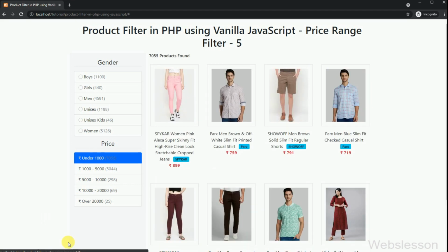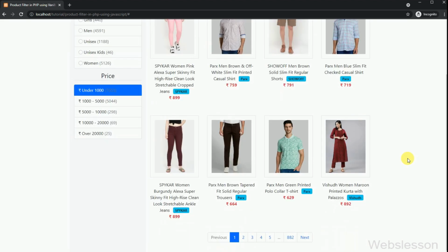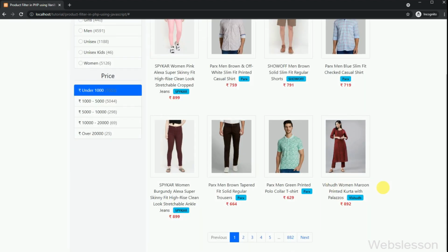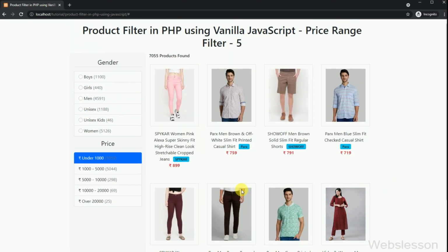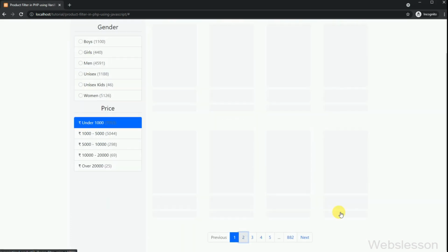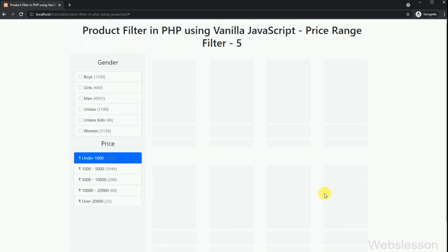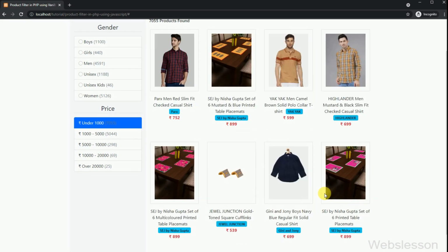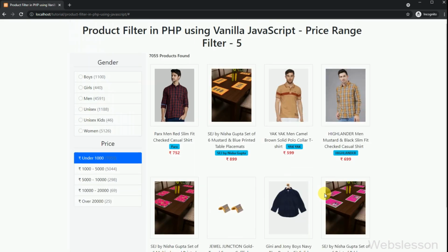After clicking on that filter, we can see that the background color has been changed, and on the web page we can see that the products have been filtered, and now it displays only the products whose price is less than 1000. So it has filtered more than 7000 products from the list of 12,000 products. Now under this price range filter, we want to check whether the pagination link is working or not, so we have clicked on the next page link, and after clicking, we can see that the next page products have been loaded on the web page.